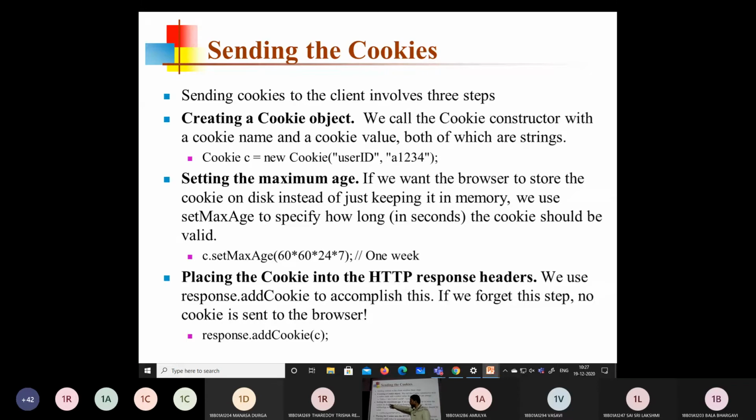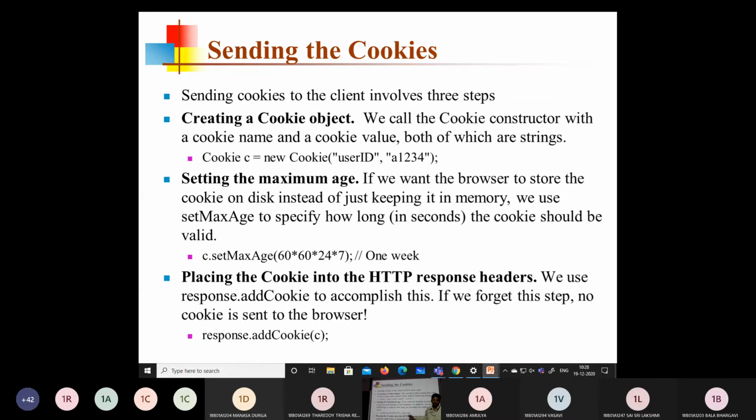After creating the cookie object, it's very important to set the maximum age, how long that cookie has to reside at the browser, using setMaxAge. c is the cookie object from the earlier step, so c.setMaxAge. Suppose I want to retain this cookie at the browser for 1 week.